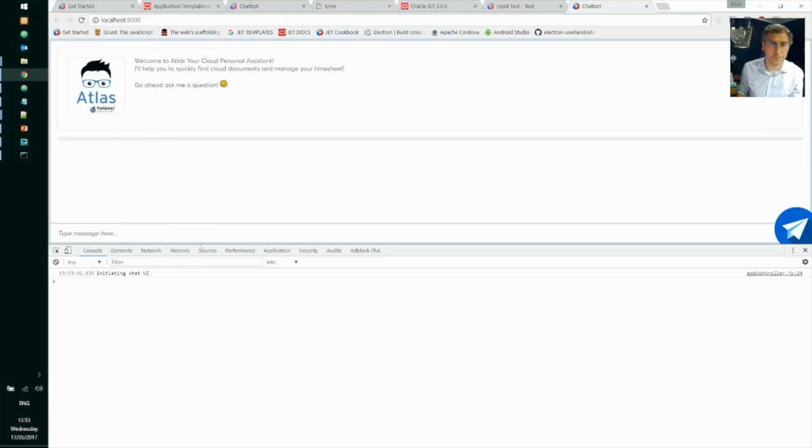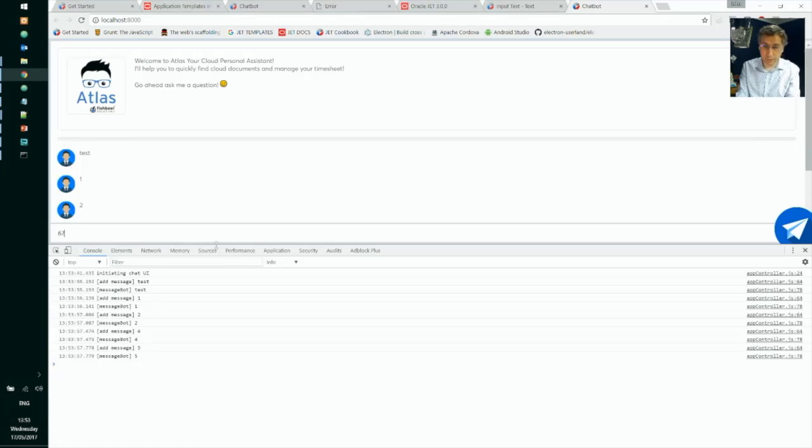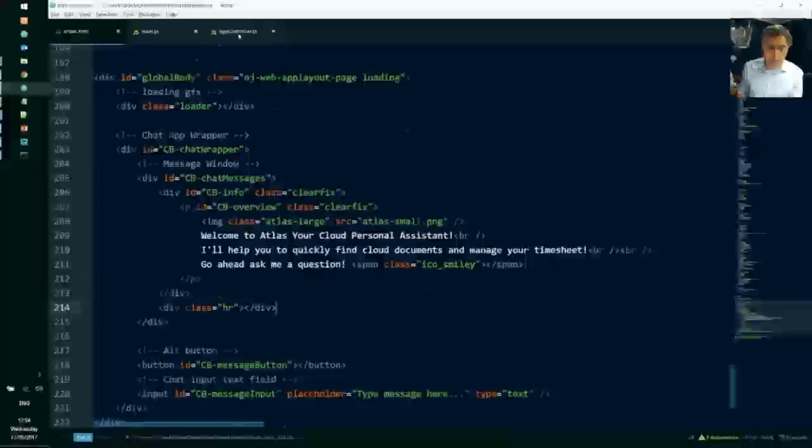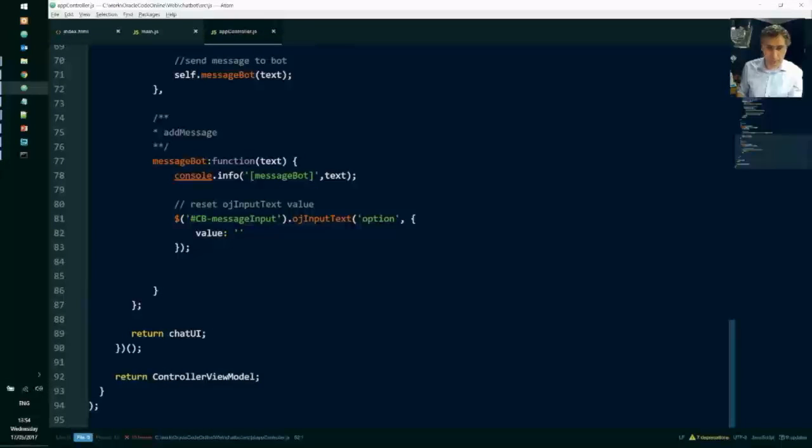2, 3, 4, 5, 6. So one thing that's not happening is the page isn't scrolling down. So let's get that up and running quickly and clean that code up. So let's scroll down. So we can see the map where we're chatting to the message bot, we're emptying out that. And so what I'd like to do is